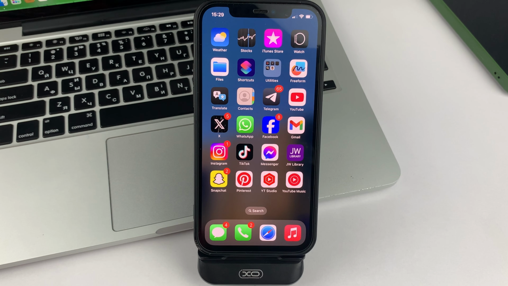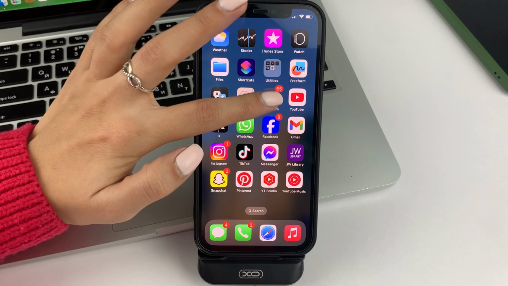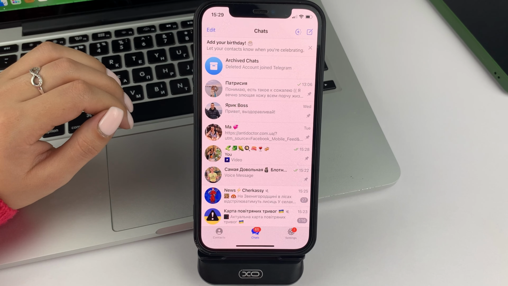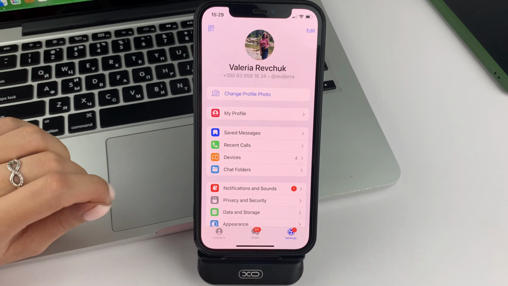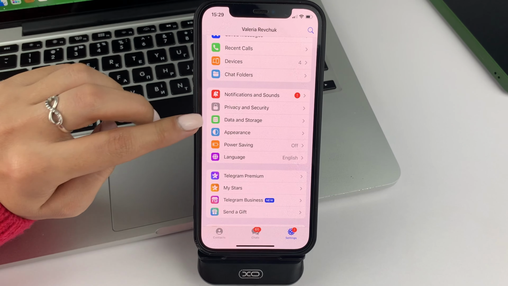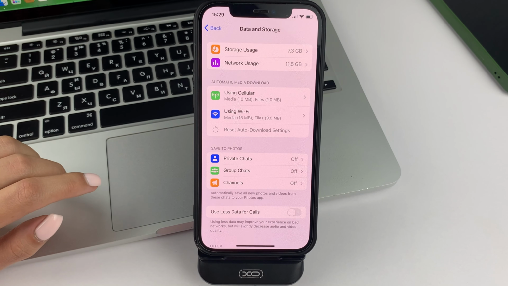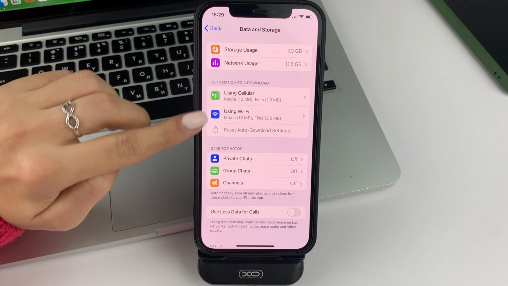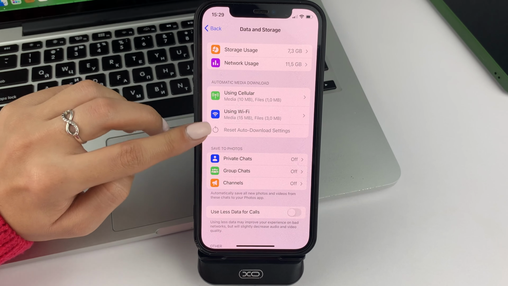And let's get started. Please open the Telegram app on your device. Then first, I recommend you to check if you have all the necessary options set up to download videos to Telegram. To do this, click on Settings at the bottom right, after which you will need to scroll a bit, select Data and Storage. After that, you will need to select both options. The first one is downloading over mobile network and over Wi-Fi.